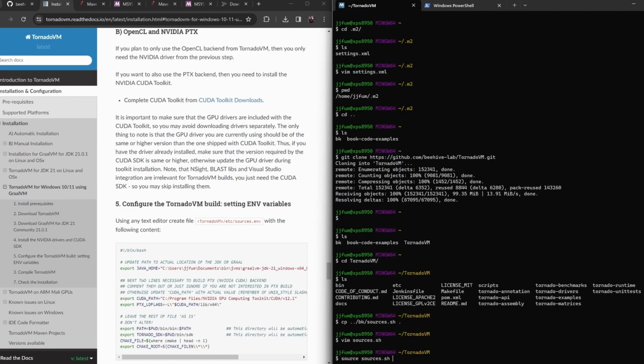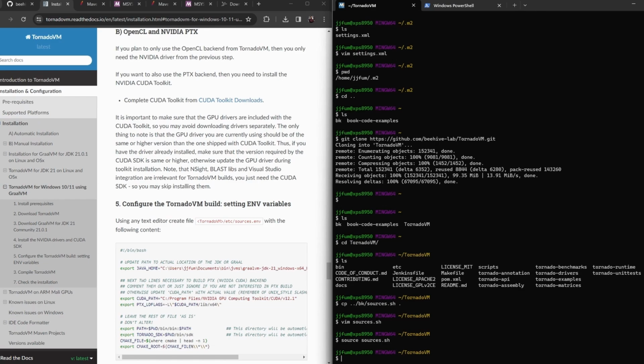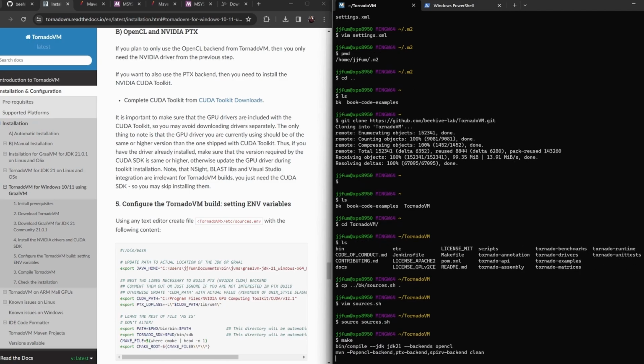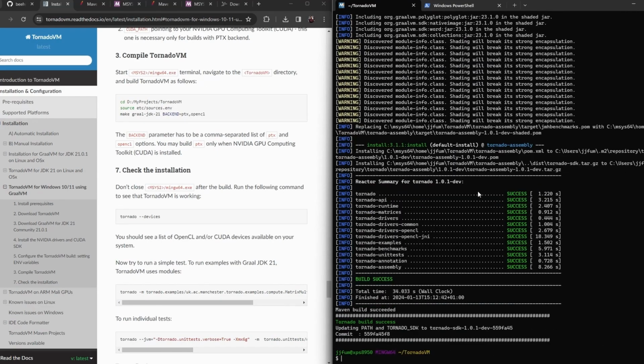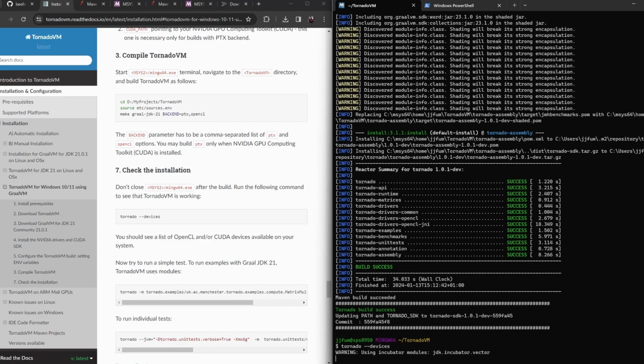So we do source on this source file, and we just do make. Let's say we want to install only the OpenCL, so we just type make and done. Right, once it's finished, we can check that we have Tornado installed. We can run this command as we saw for Linux and OS X: tornado --devices, and it will tell us the devices that Tornado can see to run